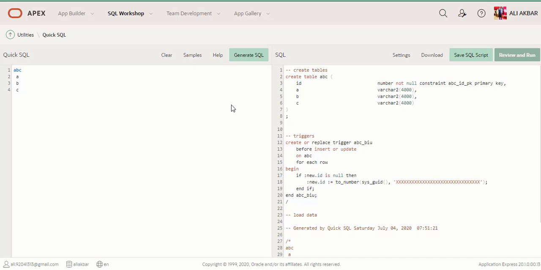I press VC and 50. You can see varchar2 50 created. If I want to change the data type, I just type number and press enter. You can see the database generating number.